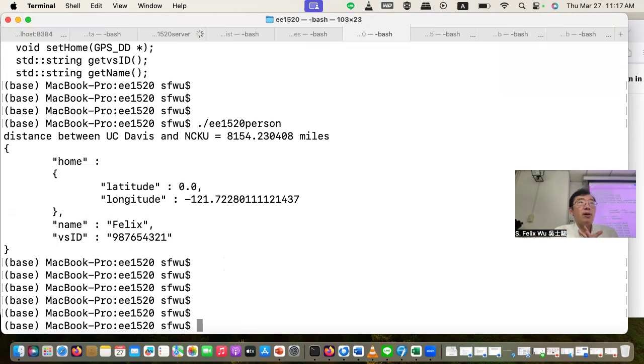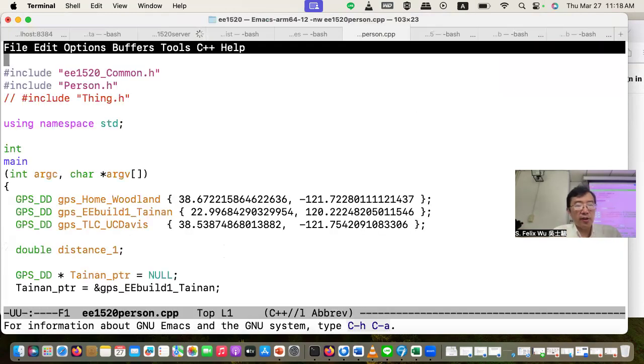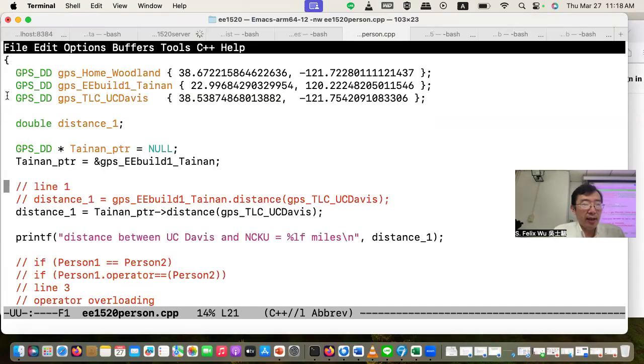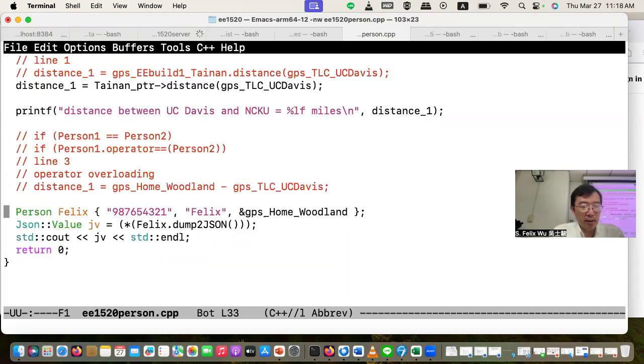So in this program, let me show you what it looks like. This is the test program. Just like last time, we have a GPS location for this and this and this. And then we create a person.